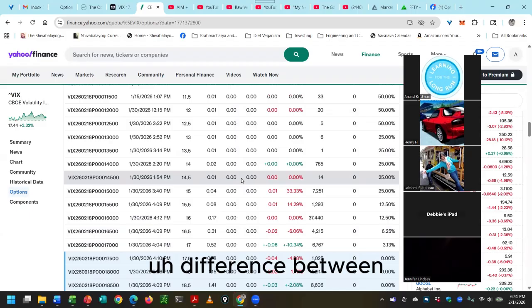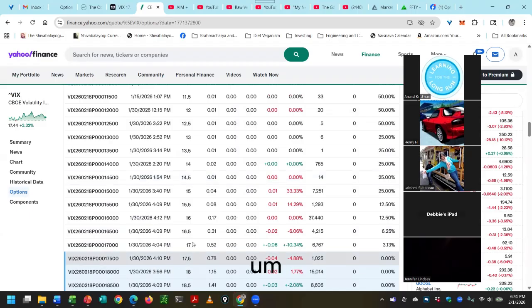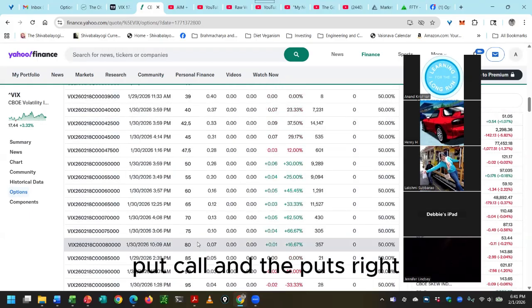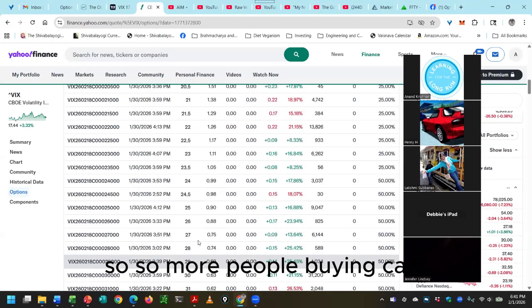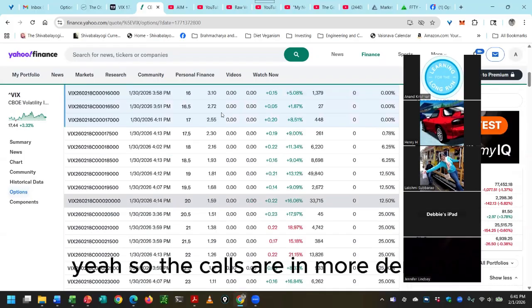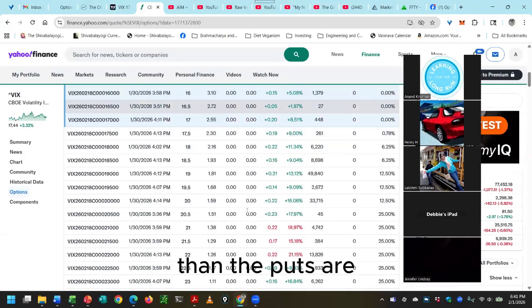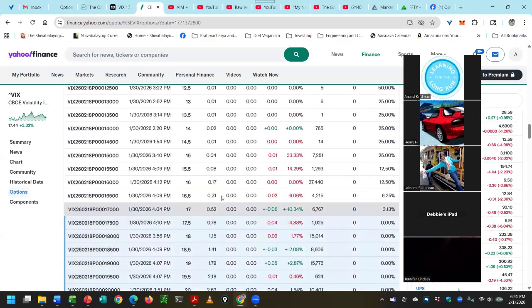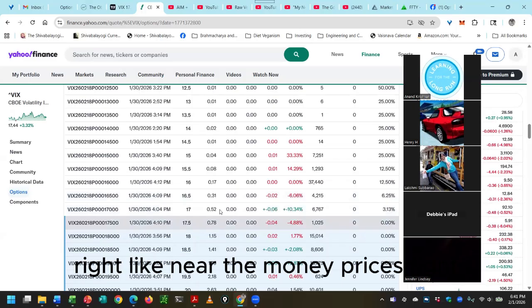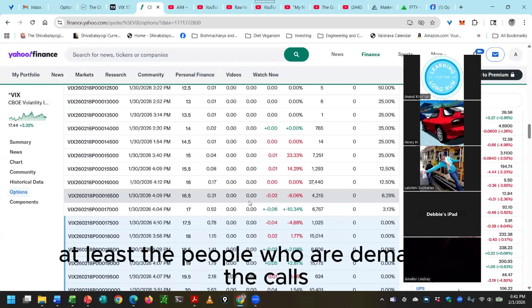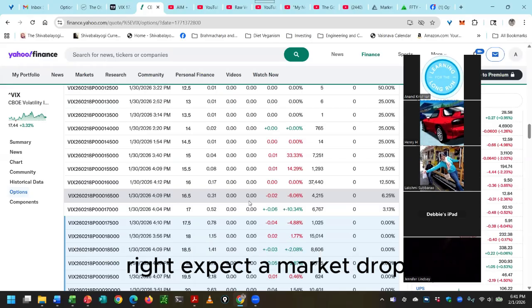The difference between the calls and the puts, right? So more people buying calls. Yeah, so the calls are in more demand than the puts are, and you can see that with the prices here, near the money prices. So what that means is that at least the people who are demanding the calls expect a market drop,